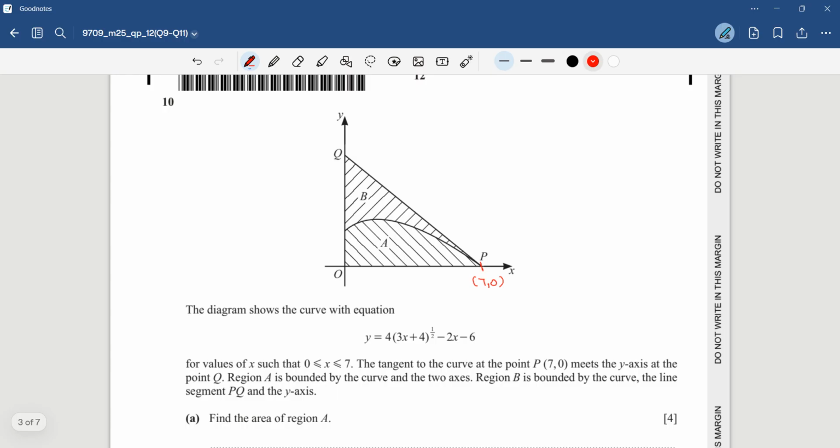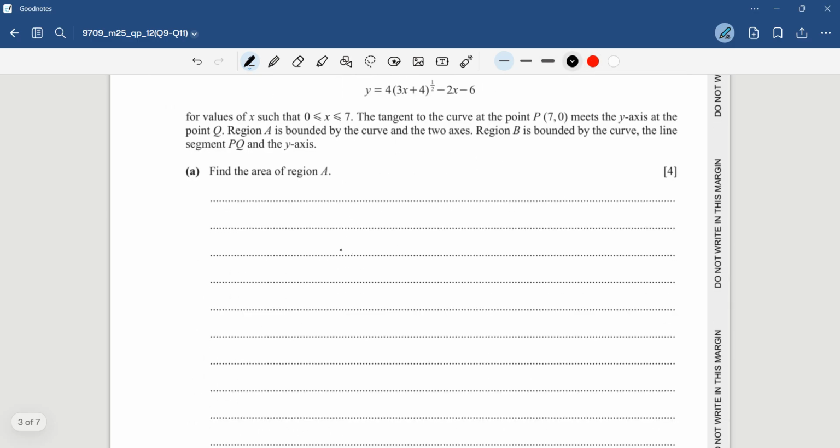Okay, fine. Find the region A. In order to find the region A, we just directly integrate the curve from 0 to 7. It's quite easy and straightforward. So it's going to be the integral from 0 to 7 of (3x plus 4) to the power of half minus 2x minus 6 dx. So the integral is going to be 4 times (3x plus 4), 1 over 2 plus 1 is 3 over 2, over